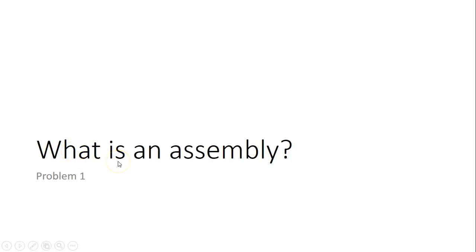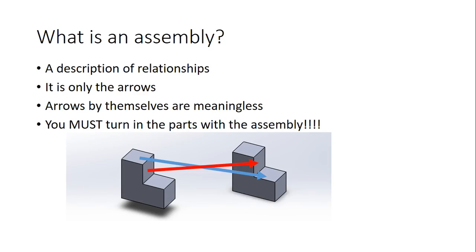So what exactly is an assembly? This is one of the most common problems that students have. An assembly is a description of relationships between parts. It is not the geometry itself. It is only a description of the relationship. So in our example that we've been doing, like we've made this phase to this one, and maybe this phase to this one,